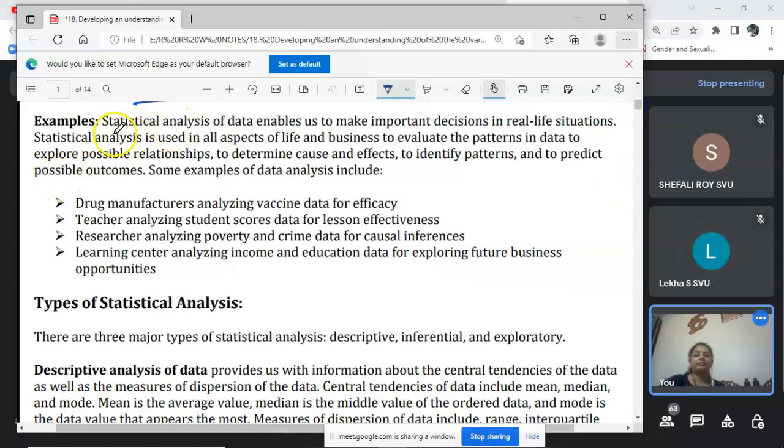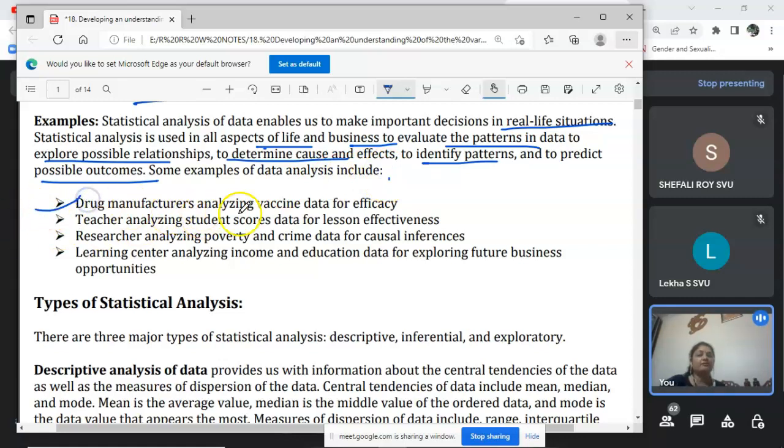Here is an example of the real-life situation we have taken. Statistical analysis is used in all aspects of life and business to evaluate patterns in data, to explore possible relationships, to determine cause and effect, to identify patterns, and to predict possible outcomes. Some examples of data analysis include: